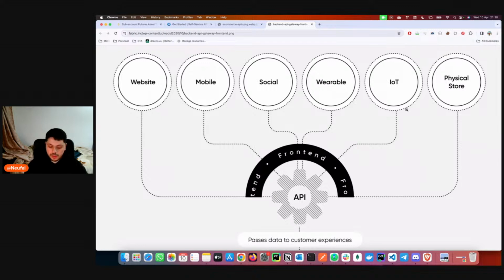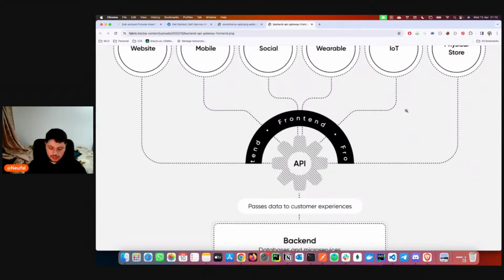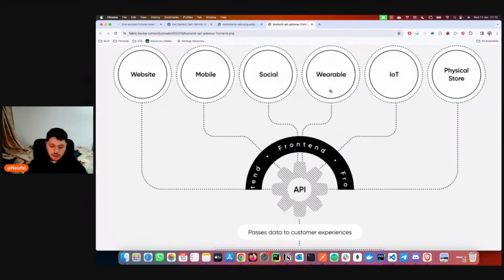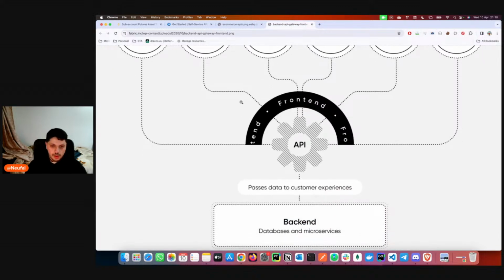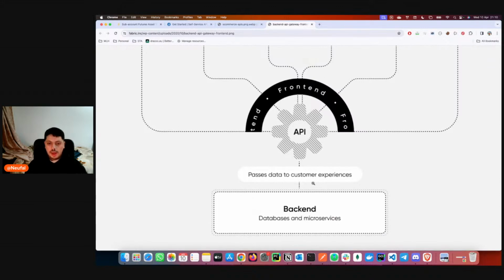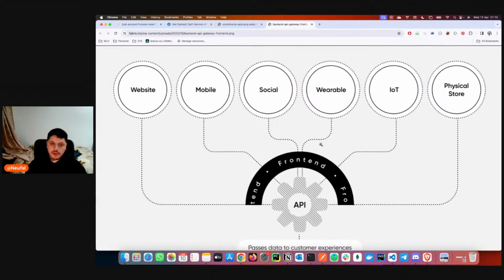So basically, you have all things centered into an API. It's much easier to modify and to maintain. Then you have all the different services you offer: a website, mobile, etc. Then you have the API where you do the magic and do your things, and then pass data to customer experience. Then you have the backend, where you have the database and microservices.